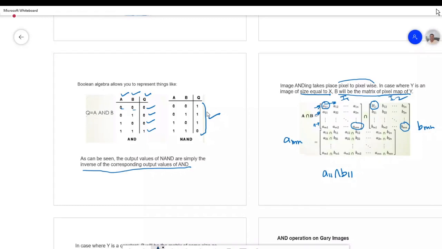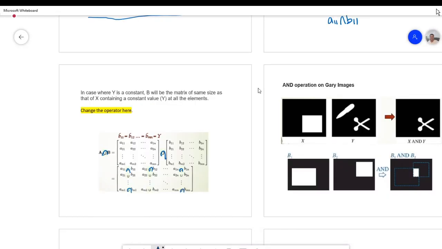Now in the case where B is a constant, B will be the matrix of the same size as that of X containing a constant value B at all the elements. Now here change the operator. Here it is not union, it is intersection. Okay. So again